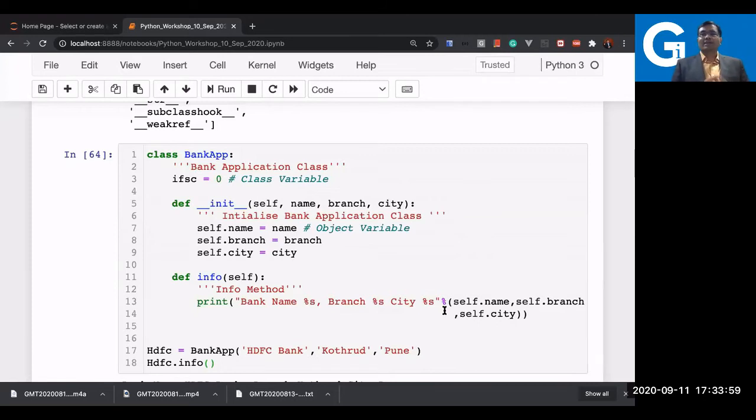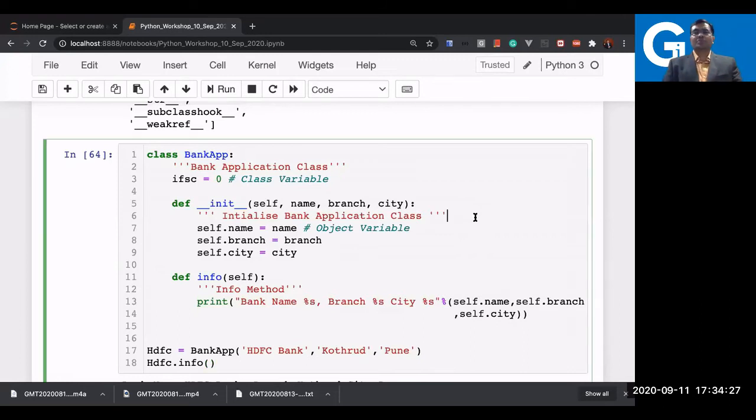Now we will understand class variable, how to use a class variable. So three variables we already understood now, that is a local variable, object variable, as well as global variable. The fourth one is a class variable. How to use it? Now for every bank, what we want is that there should be a unique code, and that unique code is an IFSC code. So how to declare a unique code? Let me show it here.